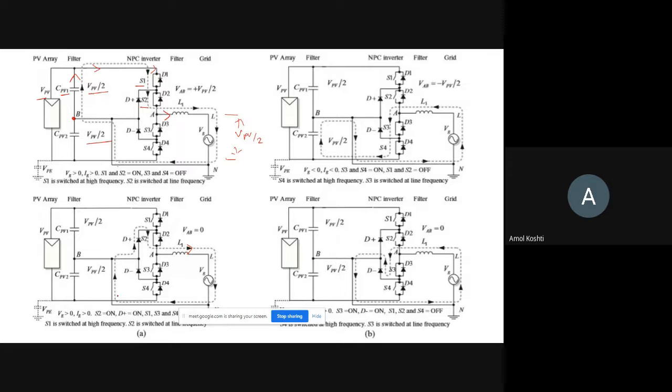It will come to this through this neutral point. Current will flow through this diode D plus, and again to S2, which we turn on here, and we provide the discharging for this inductor,